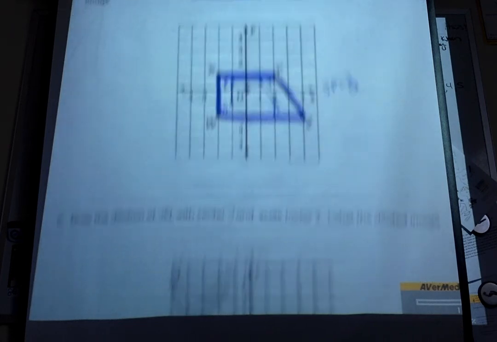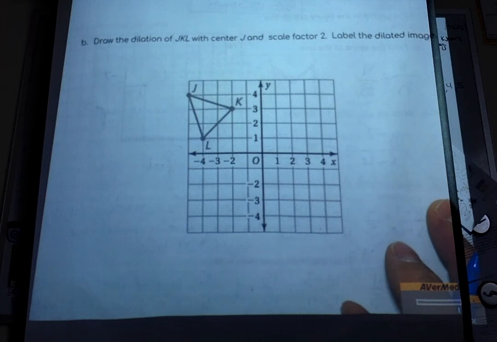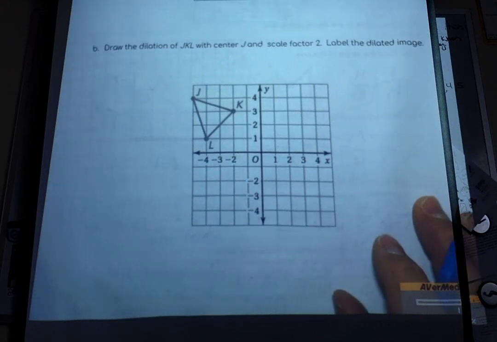Okay, moving on to our bottom one. All right, our bottom one